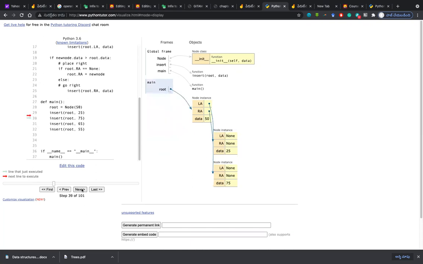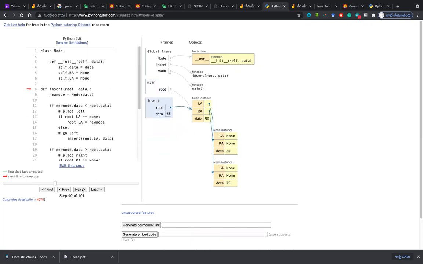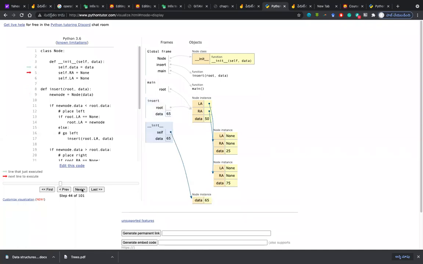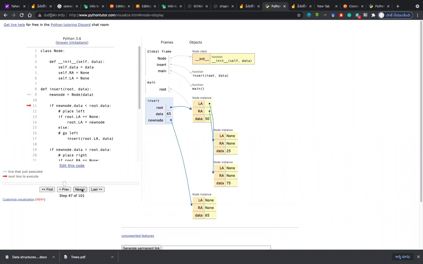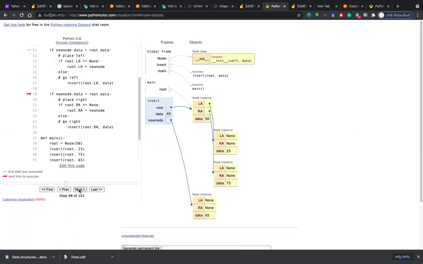Fine. Now what is the next one? 65. You see now carefully. New node 65 will be created. Okay. And then first it will check this condition. Will this condition get satisfied? No, sir. No. Now it comes to the 19th line. Will it get satisfied? Yes, sir. Yes. Now it comes to 21st line. Will it get satisfied? No, sir. No. So it comes to 25th line.